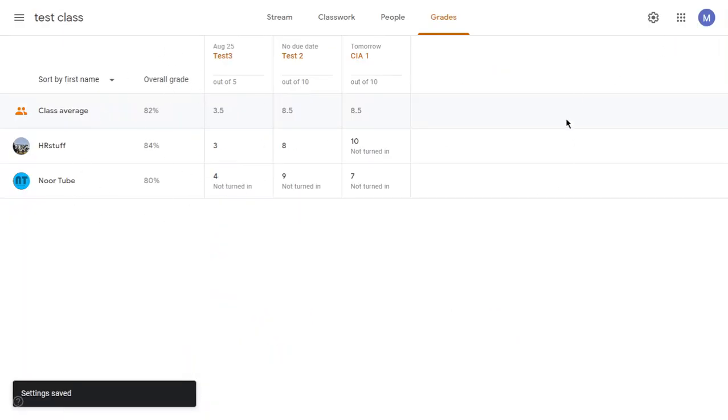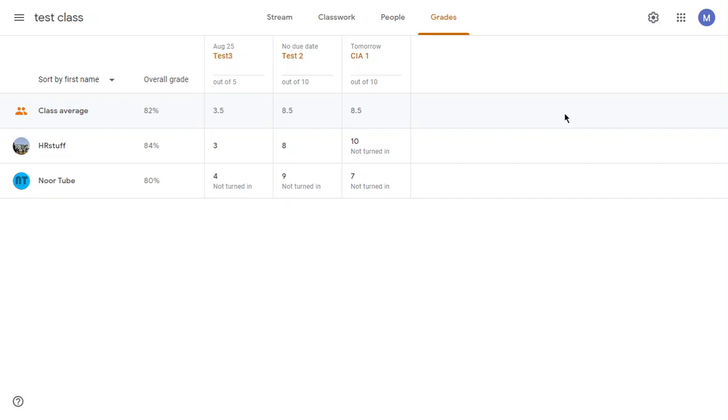This is how we can create something like a mark sheet where we can enter the marks subject-wise, as in our mark register. I hope this is helpful for conducting tests regularly. One more thing: once the test is over, we can archive the class, the archive class option we have seen in previous videos. If you are going to open the test again after 1 month, we can archive the class till then, and it will be in the backup. Then we can restore the class and update it with the grades.